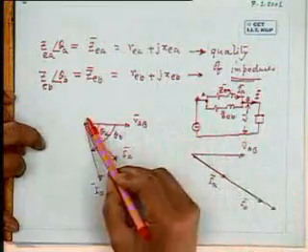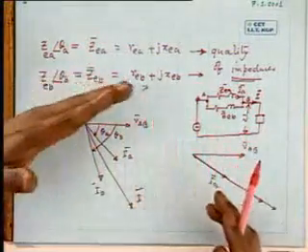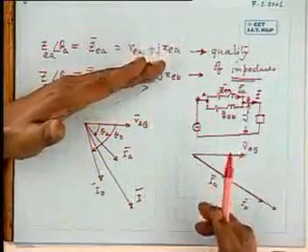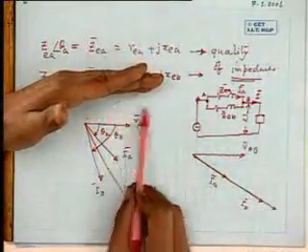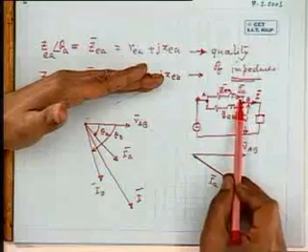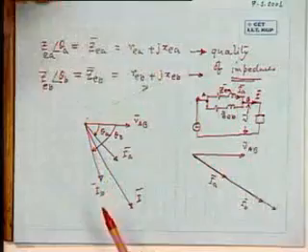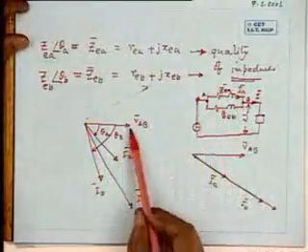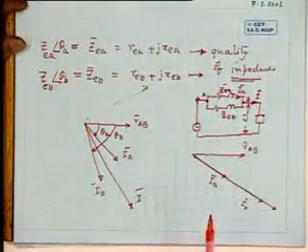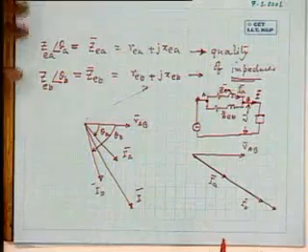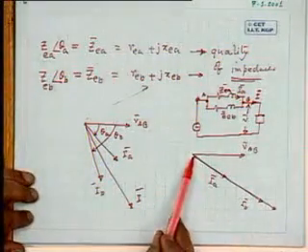Are you getting it? Because the V phasor, that is this terminal phasor, is located somewhere fixed, V bar. So the power factor of transformer A will be the angle between V and IA bar. The power factor of transformer B will be the angle between V and IB bar.